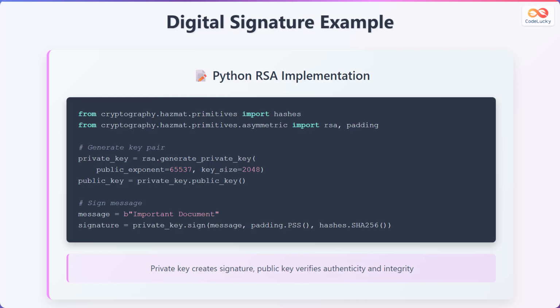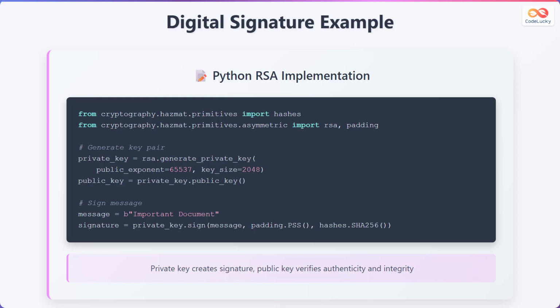These parameters represent industry-standard values that provide strong security. The private key creates the digital signature using the sign method, which takes the message, a padding scheme like PSS, and a hash function such as SHA256. The padding scheme adds randomness and prevents certain types of attacks, while the hash function creates a fixed-size digest of